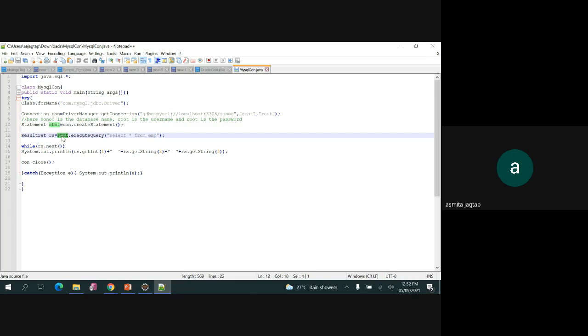On that statement object, I will execute my query, and the result set I will store inside this rs object, which is of the type ResultSet. Now I want to display all these three. So this employee has employee id, employee name, and for example employee surname. So for this I am taking the